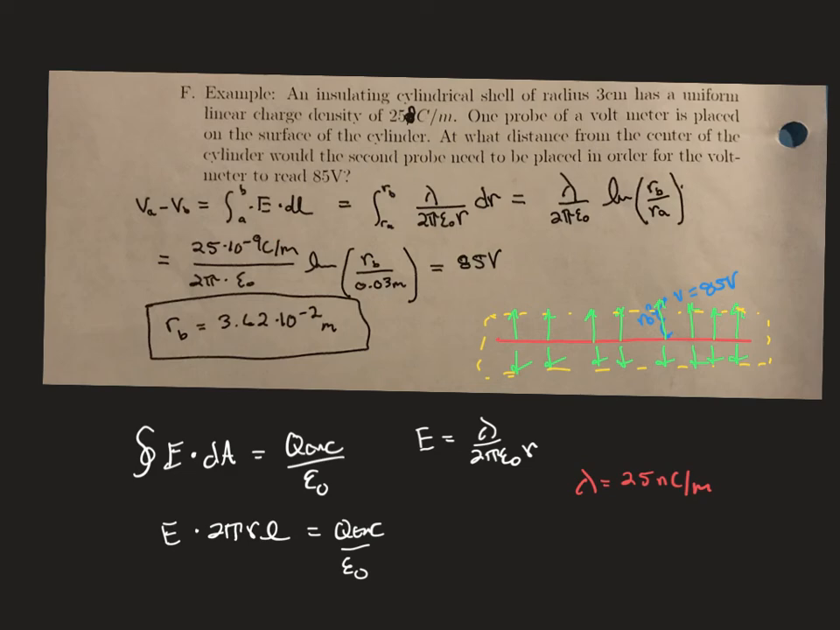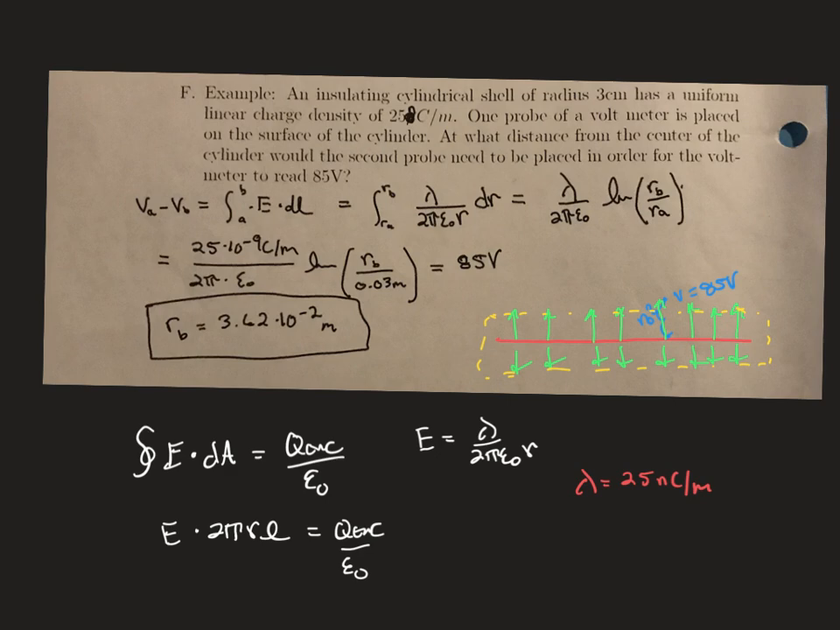Remember to convert the 25 nanocoulombs per meter to coulombs per meter by multiplying by 10 to the minus 9. Plugging in the electric constant, the 8.854 times 10 to the minus 12. So that gives me a distance of 3.62 times 10 to the minus 2 meters. So this diagram probably isn't even really drawn to scale. It's a really tiny distance, a tiny distance above the surface of the cylinder, given that the radius of the cylinder is 3 centimeters, and we're only talking about